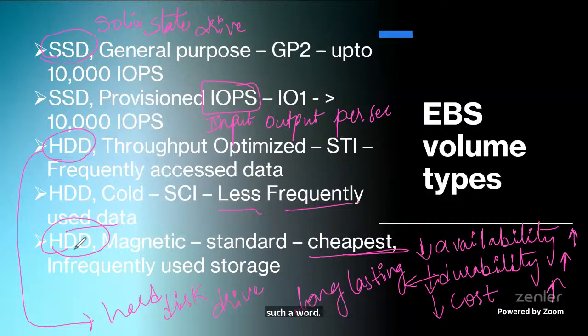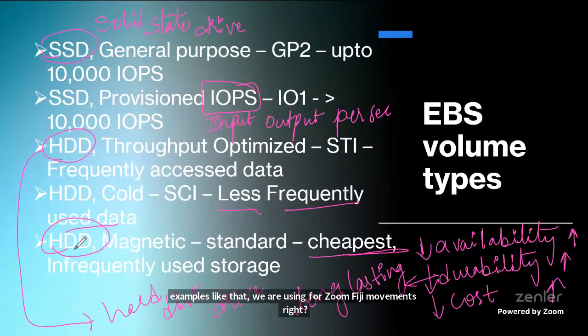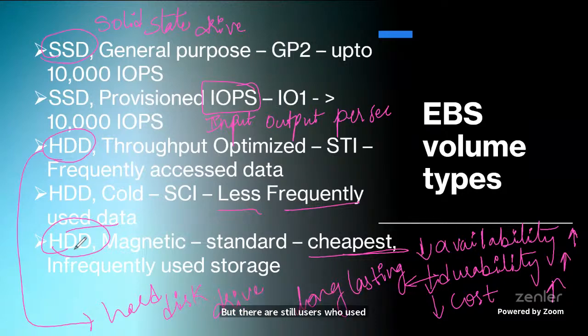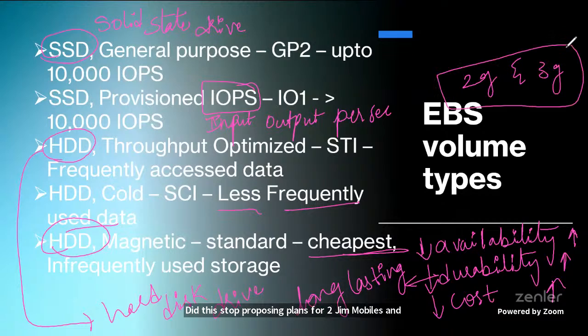You might ask me, why is AWS proposing such an old, cheap, and infrequently used one? If you take an example, right now we are using 4G and 5G mobiles, right? But there are still users who use 2G and 3G. Yes or no? Just because 5G and 4G are in the market, did all the network providers like Airtel, Jio, Vodafone stop proposing plans for 2G and 3G mobiles? No, because just because we got the updated system, that doesn't mean everybody has the compatible device or component to work along with it. So in a similar way,